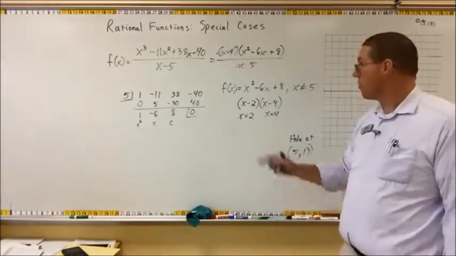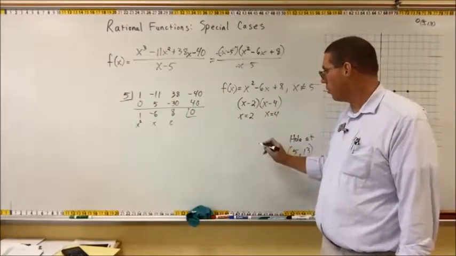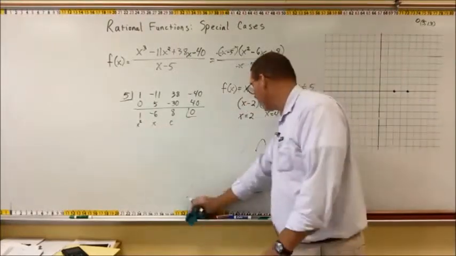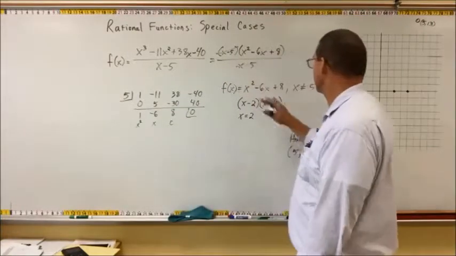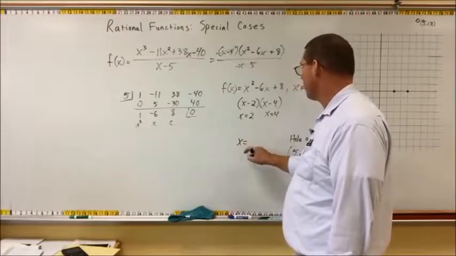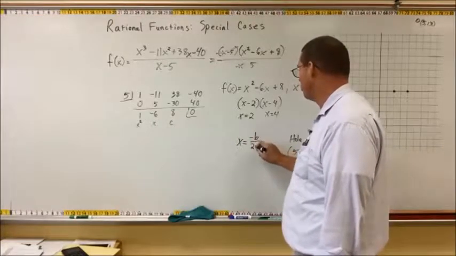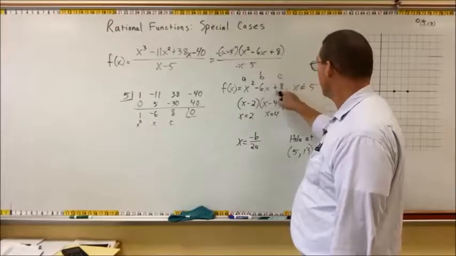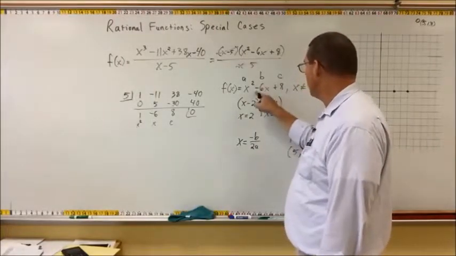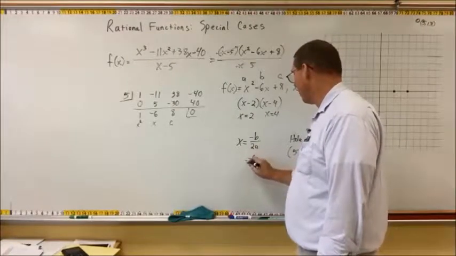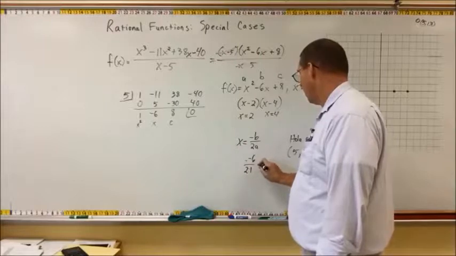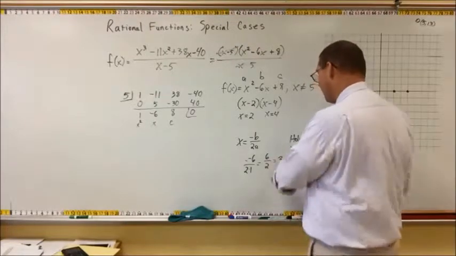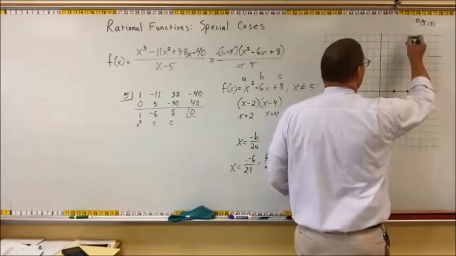Now, we got to find the vertex, because this is a quadratic, so it's a parabola. It's either an upward turning or a downward turning. We know this one is an upward turning because it's a positive x squared, not a negative x squared. All right, so the x value of the vertex is at negative b over 2a. Well, in this case, b is negative 6, a is 1, and then c is positive 8. So negative b is negative 6, so that's negative 6 over 2 times 1. And negative 6 is positive 6 over 2 times 1 is 2, and 6 over 2 is 3. So the axis of symmetry, the x value of the vertex, is at